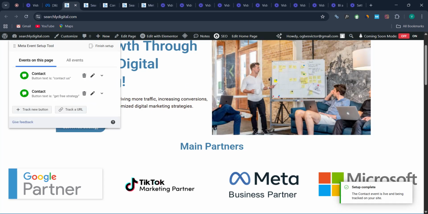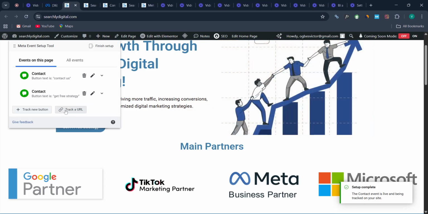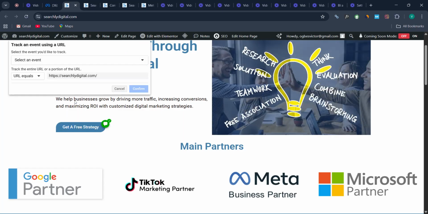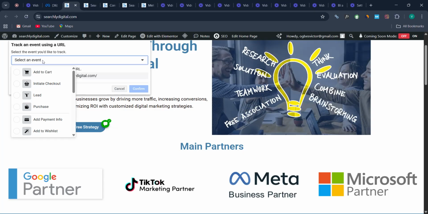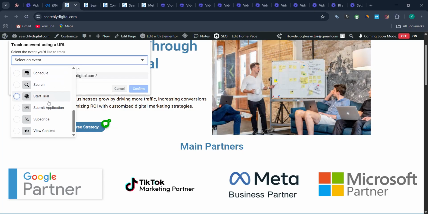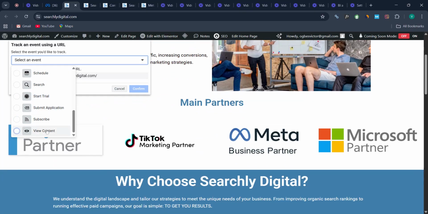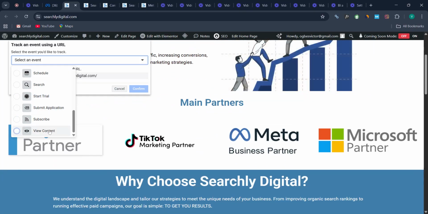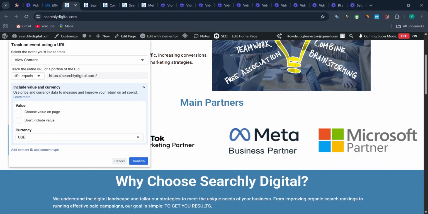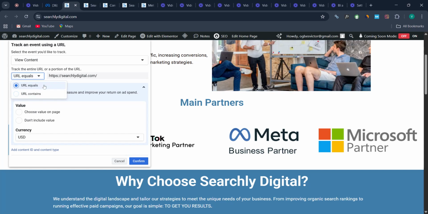You can track the URL as well. For example, someone comes into your website, you can track that as well. So you go there, event. It depends on you what you want to put that as. You can say, for example, view content. So anybody that clicks on this, it will count as view content. You see URL or URL equal or URL contain. So let's leave it as this and say confirm,